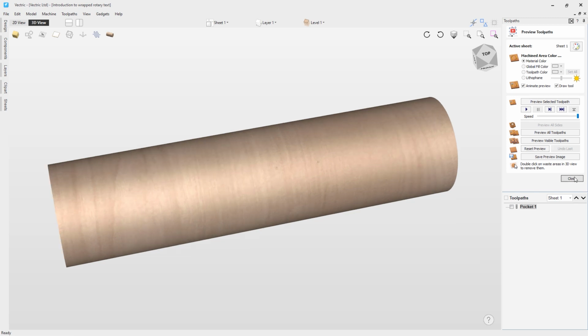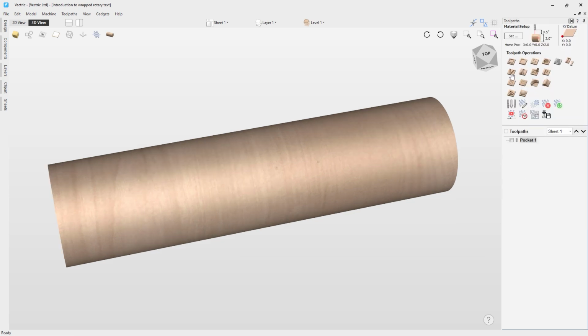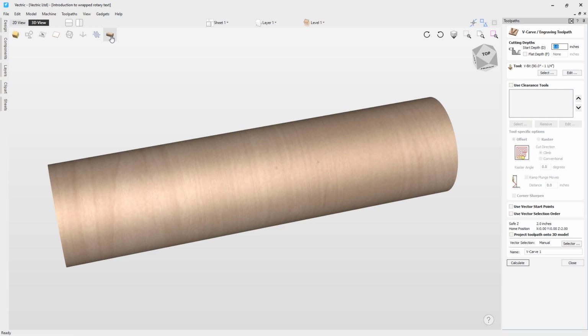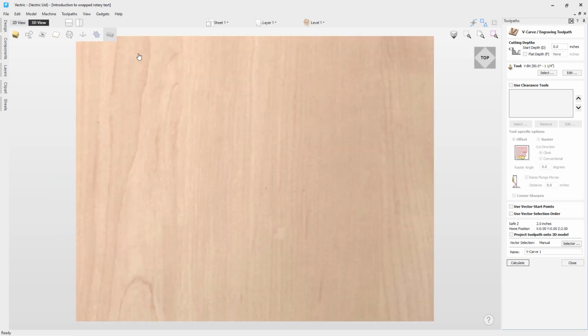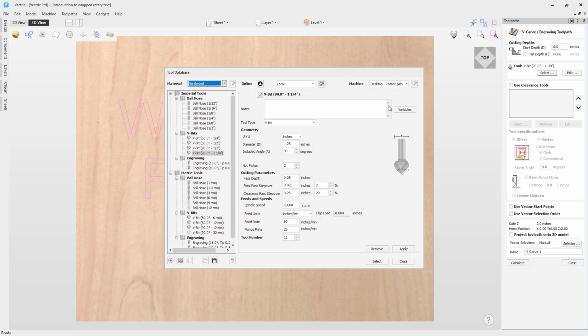So let's go ahead and do that. Let's close that out, and we're going to come up to our V-carving strategy. I'm just going to unwrap the job, so you can see what it looks like flat. Turn our vectors back on, and this time you can see I've got a start depth of 0. I'm not going to use a start depth in this case, and a flat depth I'm not going to use either. I'm using a V-bit, a 90-degree 1 1/4 inch V-bit, and that's the tool I've been testing with